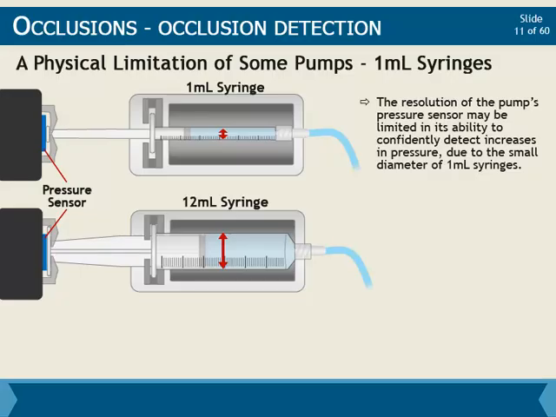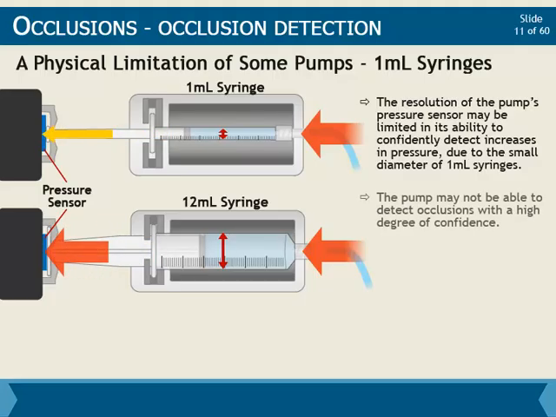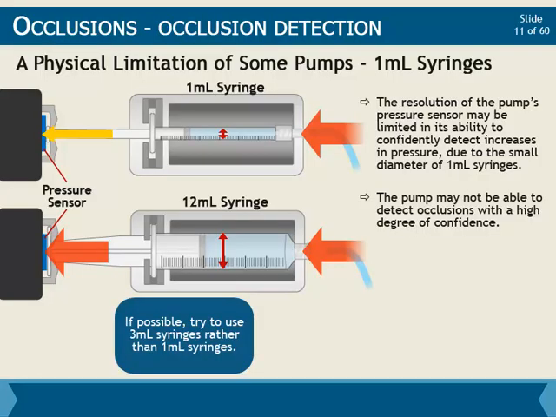When compared to the pressure within the line, the force translated through the narrow syringe plunger button to the pressure sensor can be much smaller. In these cases, the pump may not be able to detect occlusions with a high degree of confidence. If possible, try to use 3 milliliter syringes rather than 1 milliliter syringes. 3 milliliter syringes still have the benefits of a small syringe, such as good flow continuity, but also retain adequate